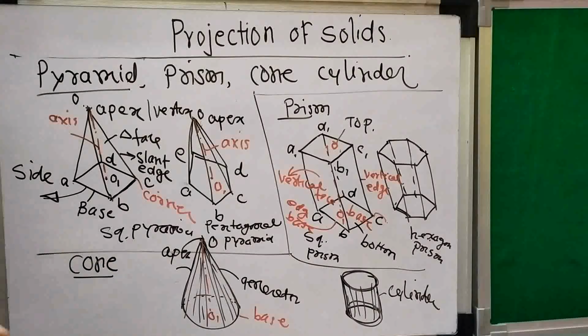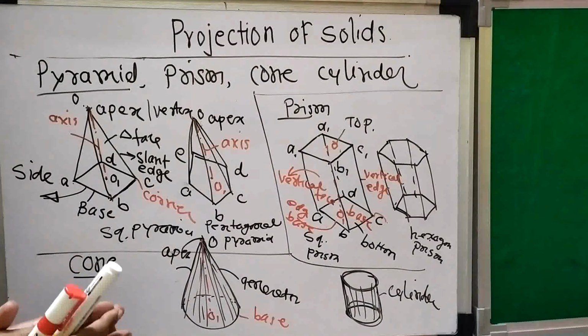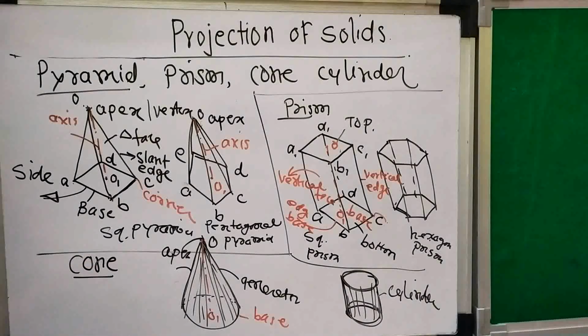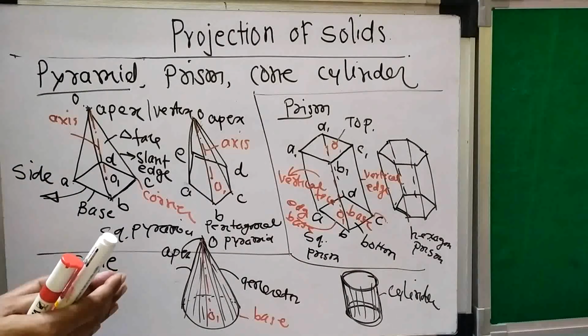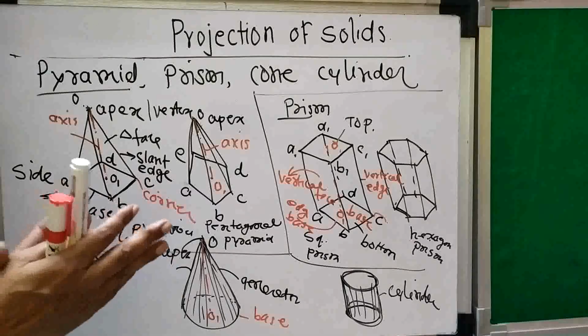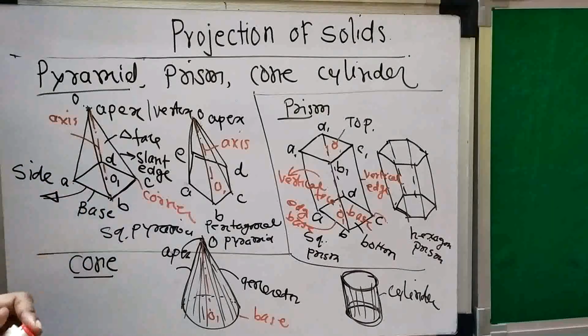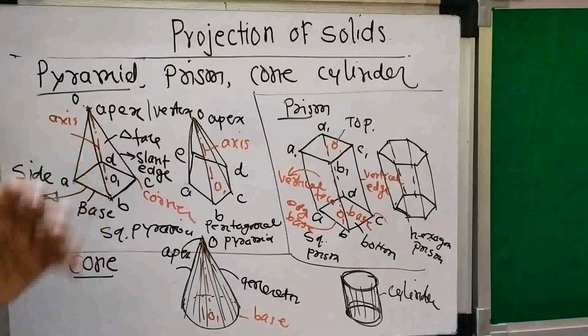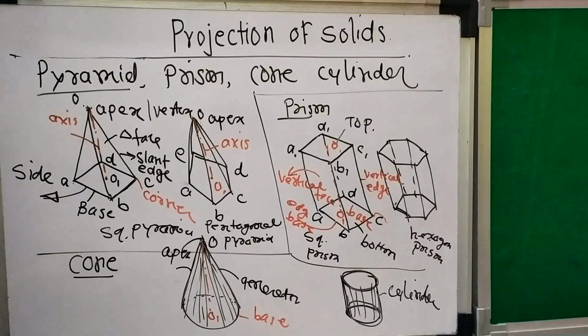So in this way the problem is created in such a way that you can describe the inclination of the solid in terms of parts of the solid, you can describe the resting condition of the solid in terms of parts of the solid, and then for that particular situation you have to find out its inclination. So this is the basic information needed for understanding the problem on the solid. Now let's take a problem to understand. We start from the square pyramid.